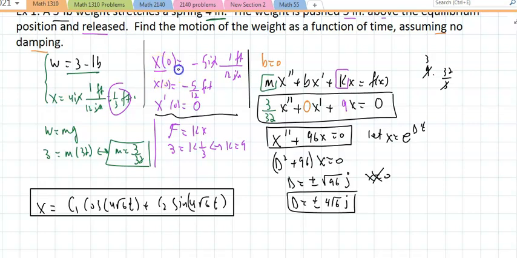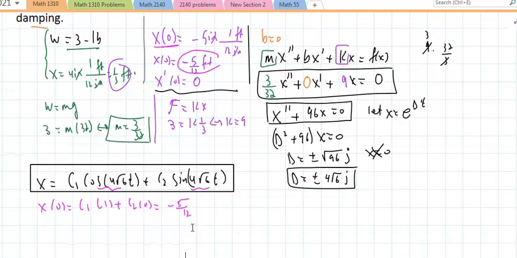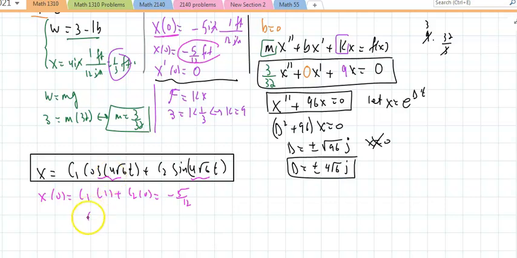Now what? We know that x of 0 is c sub 1. The cosine of 0 is 1. C sub 2, the sine of 0 is 0. And that is a negative 5 over 12. Which means c1 equals negative 5 over 12. Got it. Replace this by negative 5 over 12. And we know that